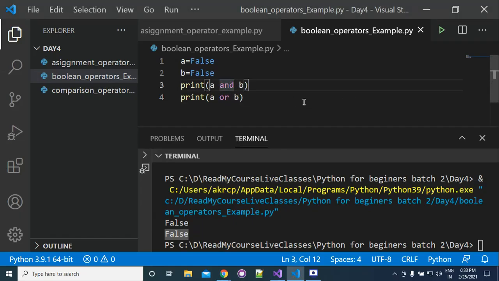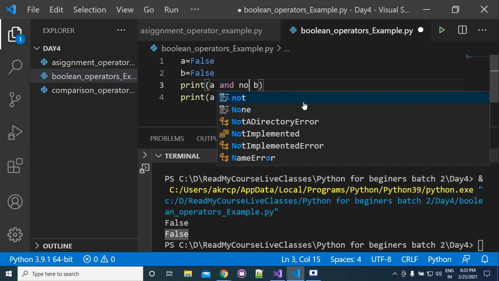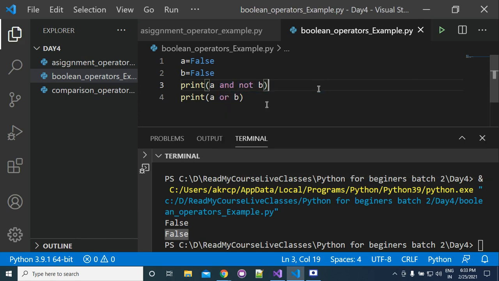Next, if I write this here, now can you guess the answer? Firstly, not B will be equal to what?